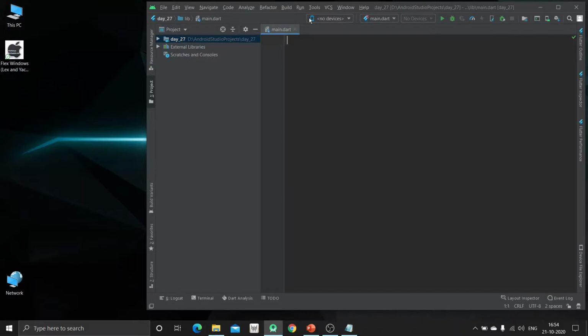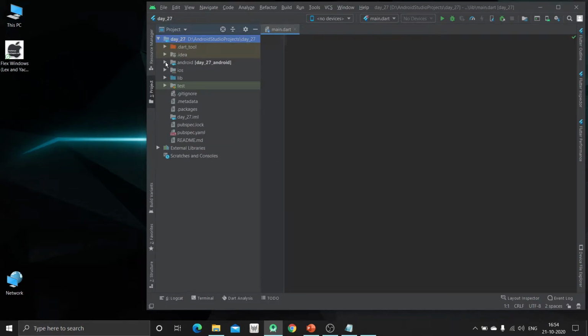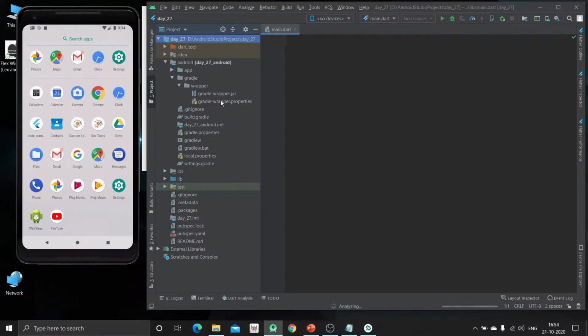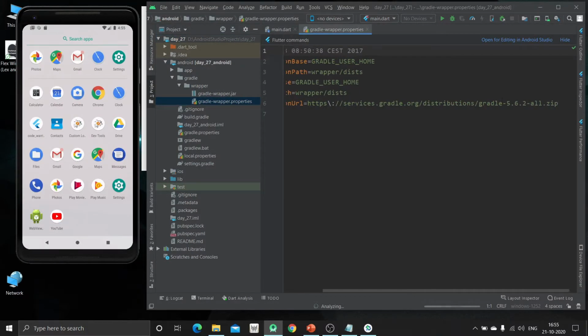So before starting that, let me connect one of the emulators, and let me just change the Gradle version, otherwise I will face the error. As I do not have this 5.6.2 Gradle version, I have to change it manually.